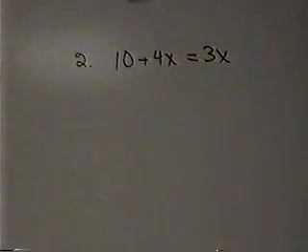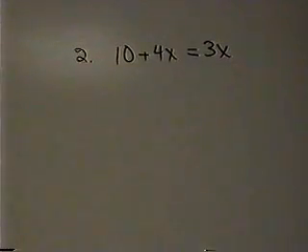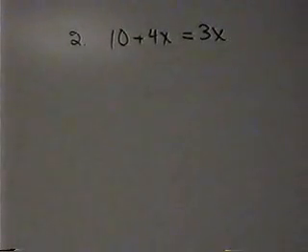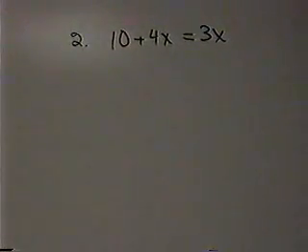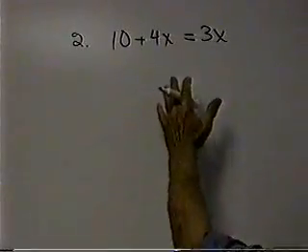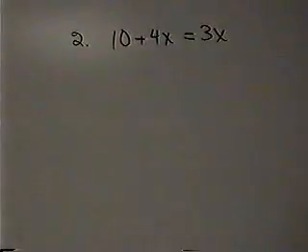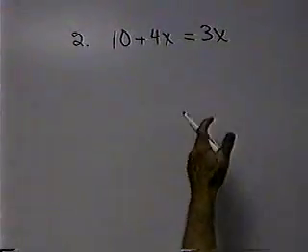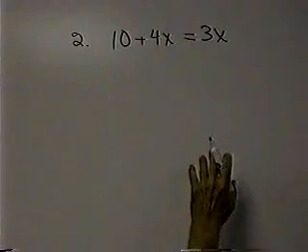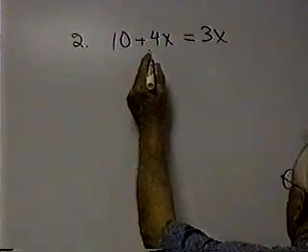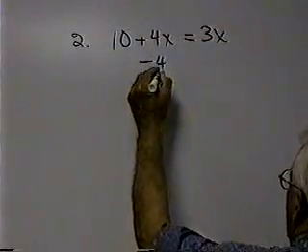I'm going to say a lot of things in these few examples that are extremely important for you when you go into college algebra and other math courses, if you have to do that. That is, we're going to move things across the equal sign by doing the opposite operation. First of all, we must get all the x's on one side and the numbers on the other side. So if we want to do that, we can do it this way. How is the 4x connected? It's added, therefore we subtract it